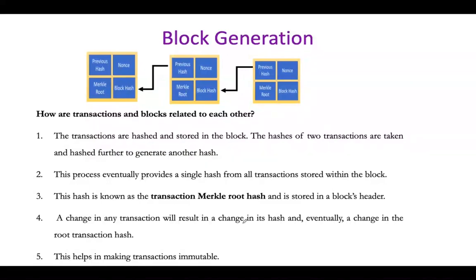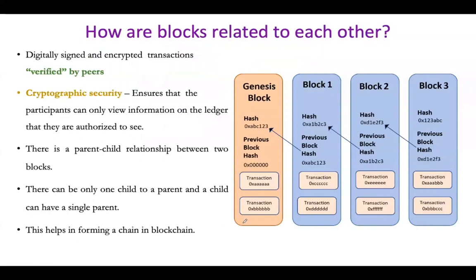That is how these blocks are related to each other. Let us see how these blocks are related in this case. As we said, every transaction is digitally signed and encrypted to be verified by the peers. Cryptographic primitives are used to ensure that participants can only view the information on the ledger that they are authorized to see. If you observe this diagram,